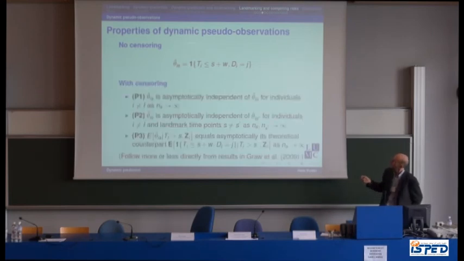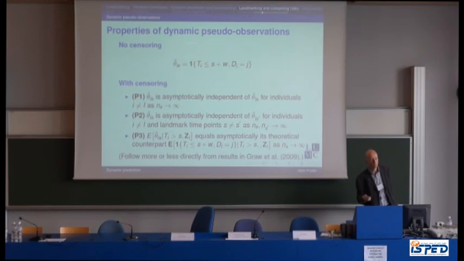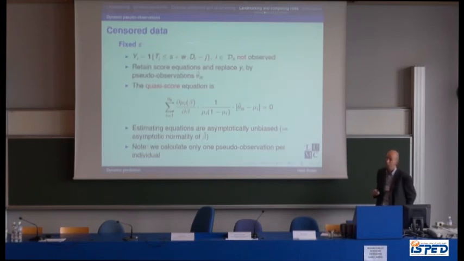And it also has some nice properties, which I will not read to you, but it essentially says that for all practical purposes, you can replace the 0-1 variables that you do not observe in the statistical procedure by the pseudo-observations and still get accurate, or consistent, results. So what you would normally do is, in the logistic regression model, it would be based on a certain estimating equation. This is the estimating equation. And instead of using the 0-1 variables, you would use the pseudo-observations instead,